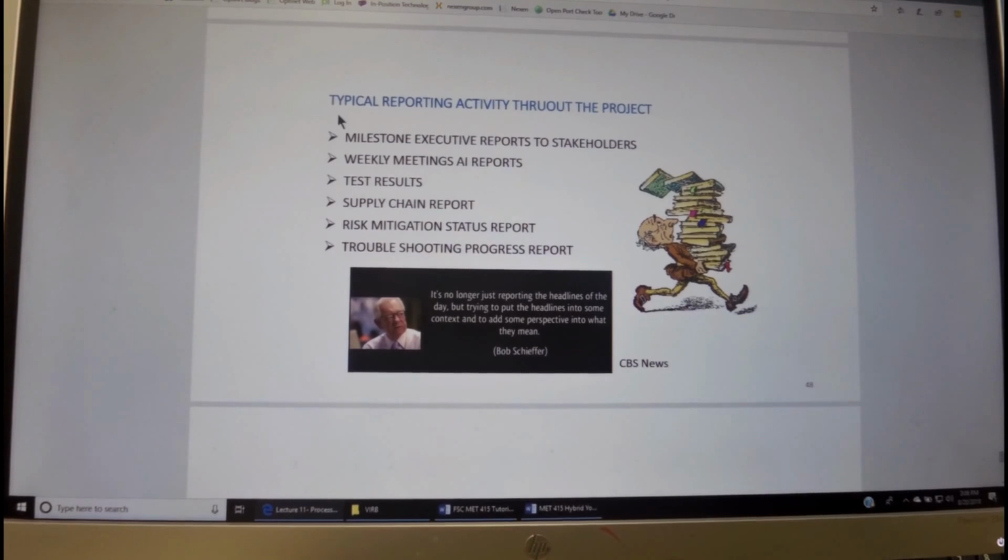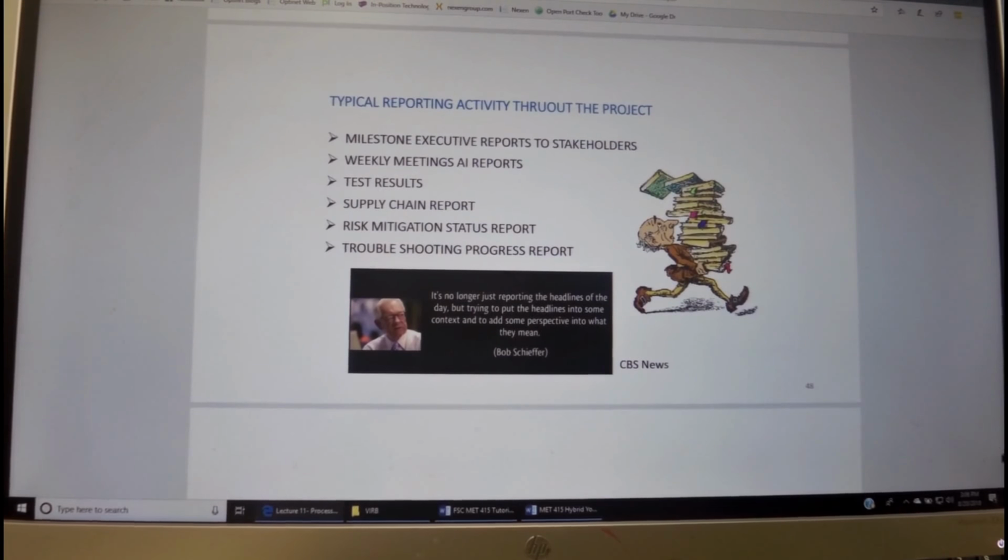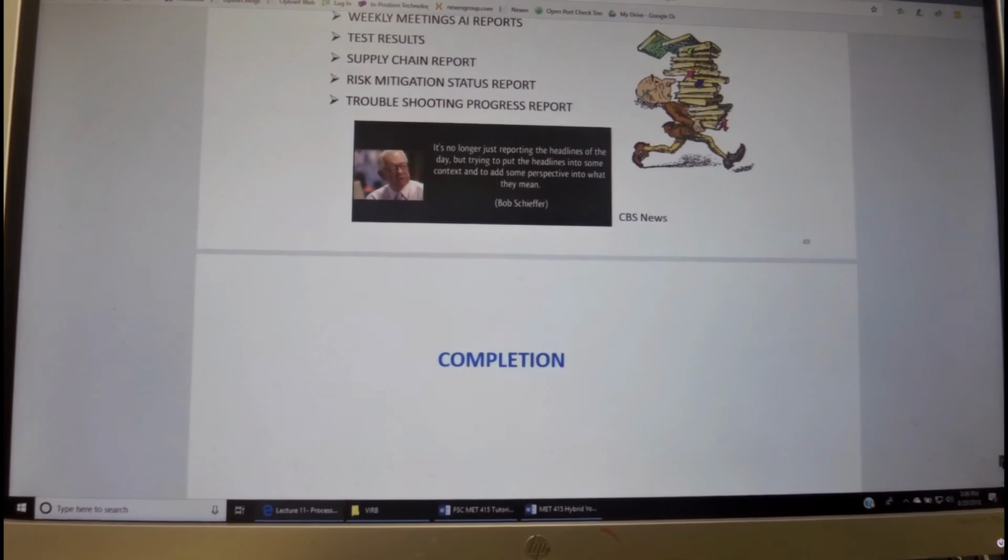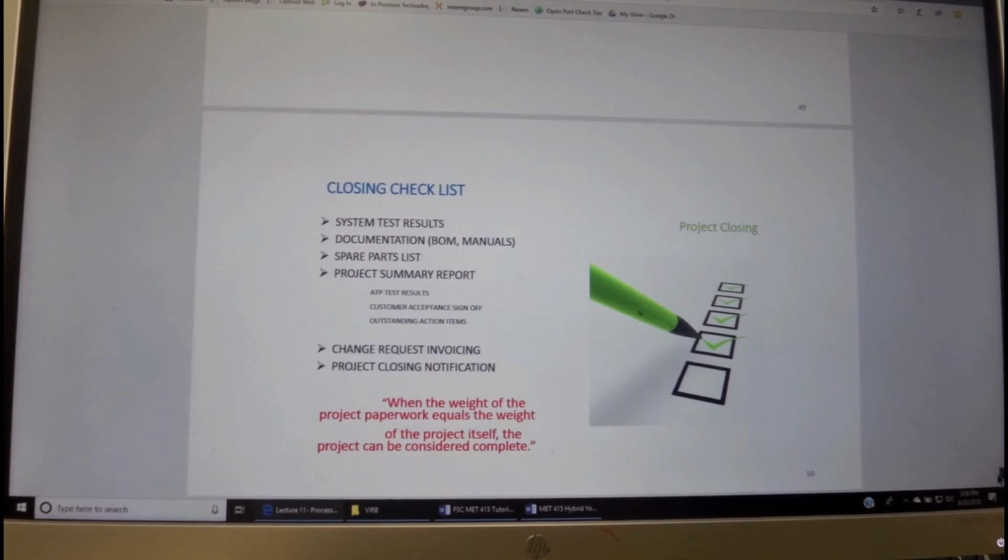The reporting activities, as we mentioned earlier, include milestones, executive reports to stakeholders, weekly meeting reports, test results, supply chain reports, risk mitigation status reports to stakeholders, and troubleshooting progress reports. And with these reports, we want to make sure that they don't consume the project.